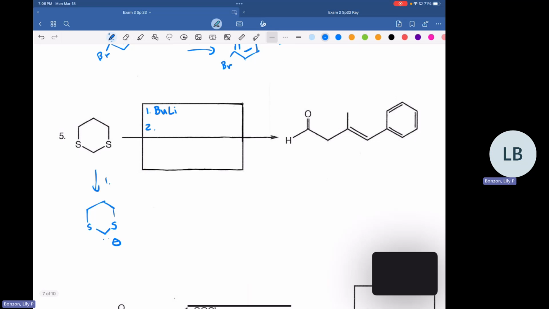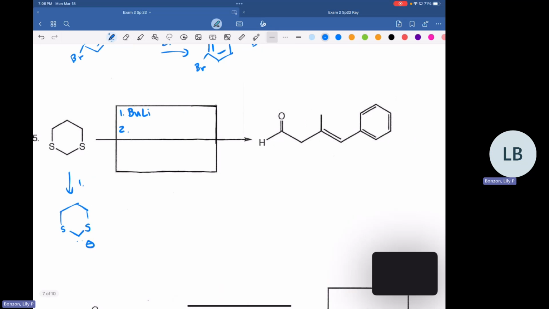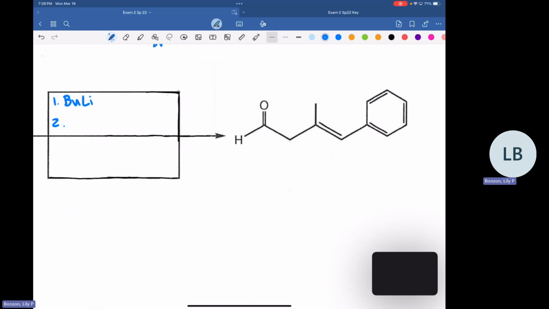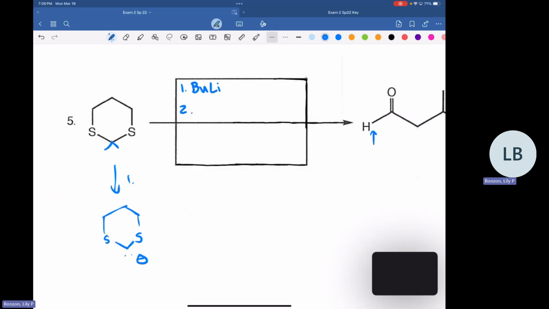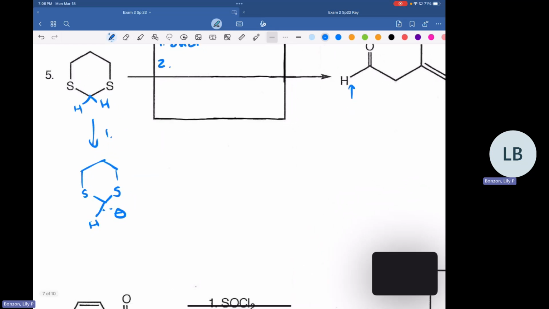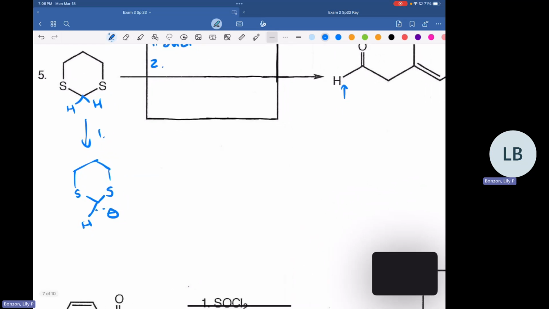Sometimes she gives it to you like this, where you have to put the reagents. Sometimes she just gives you the reagents and you have to show the steps. But in this case, since we're not given the reagents, it's like a synthesis question. Our end goal, we know that we form the ketone or the aldehyde. In this case, since we have a hydrogen over here on the left, if it helps, you can draw it out in your beginning structures. But we want to add the alkyl group to the right side here.